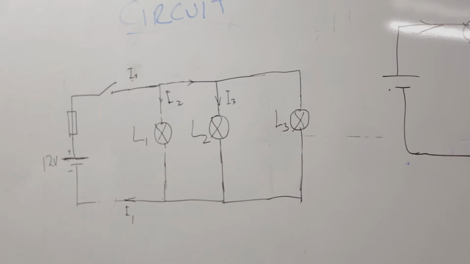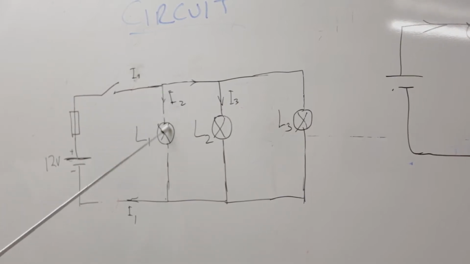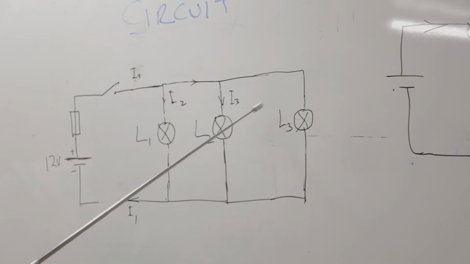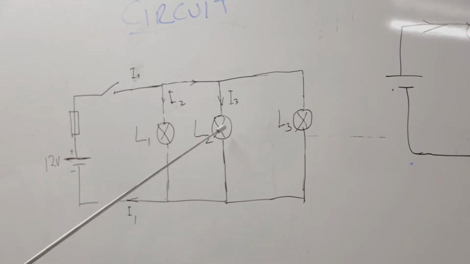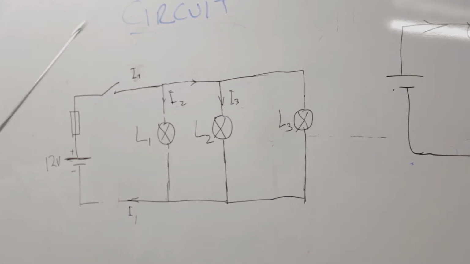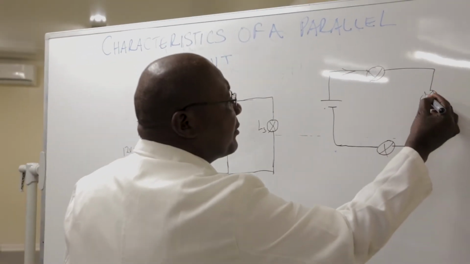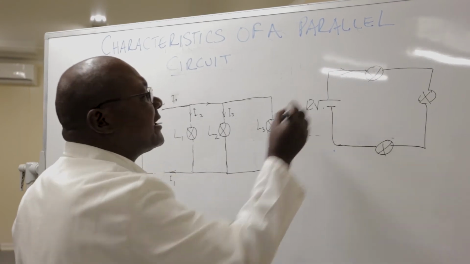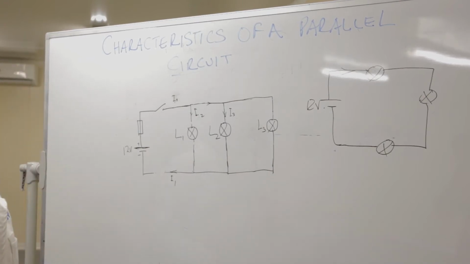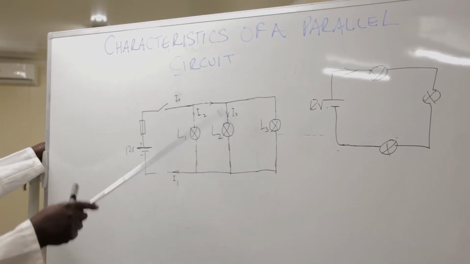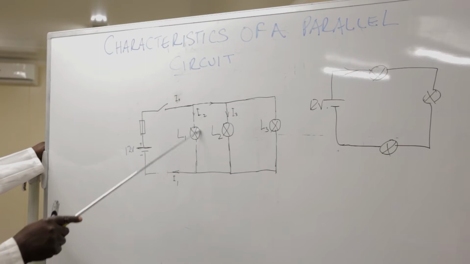And the way the parallel circuit behaves, as we go on, we shall have to measure the current coming in this branch, the current coming in this branch, and the current coming in this branch. At the same time, we shall measure the voltage drop on this bulb, and on this bulb, and on this bulb. In the series circuit, we notice that the same voltage, which is 12 volts, is shared through the three bulbs. That's what we noticed in the series circuit. But in this one, because you've got three different branches, we have the source voltage passing through there.